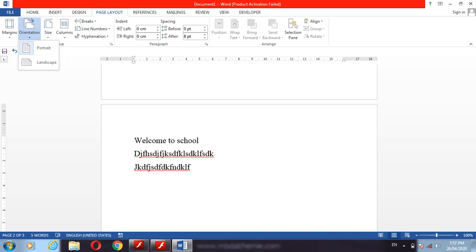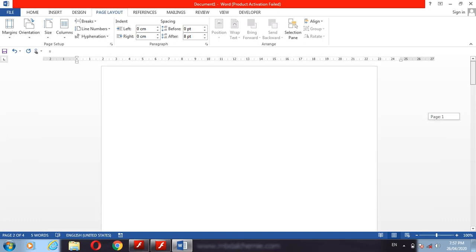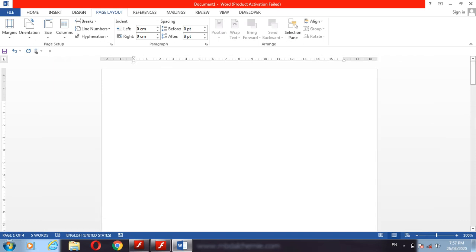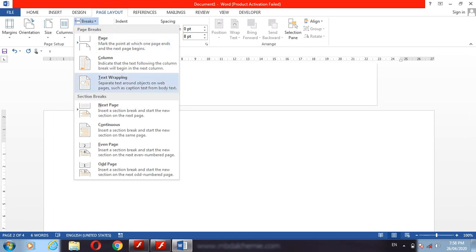If you want to make landscape, this second page will be landscape. See the structure here. The first page is portrait, and the second page is landscape. In this way we can break the pages or start the new section on a new page by this break option.